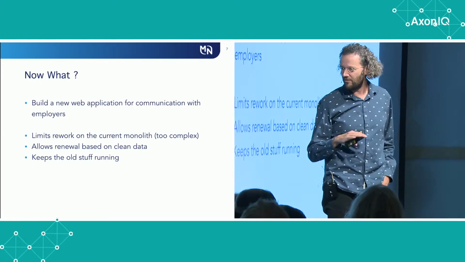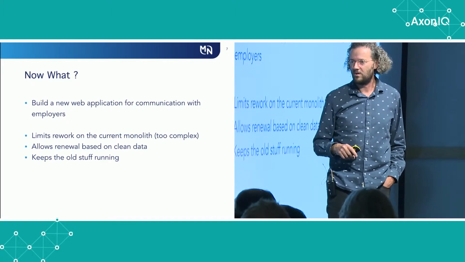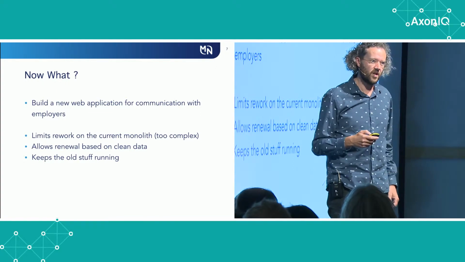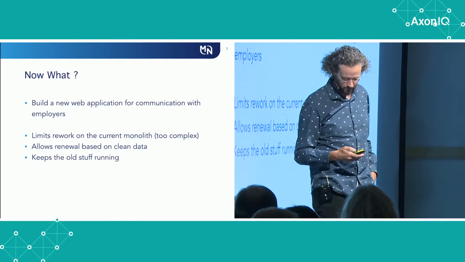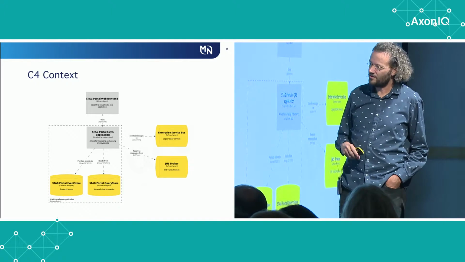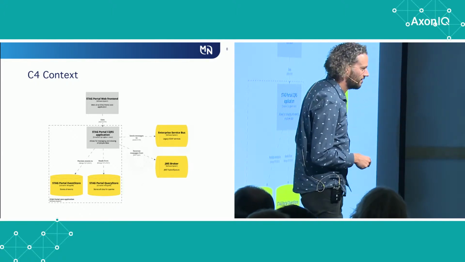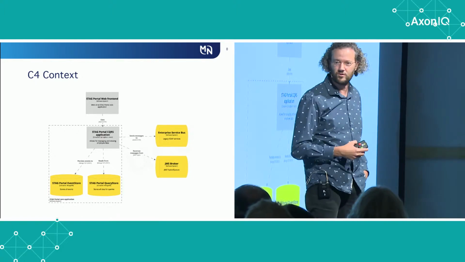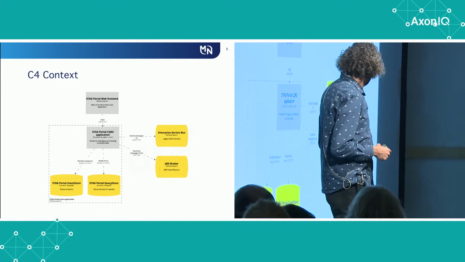But in the meantime, everything just needs to keep running, so we decided to make it in such a way that we had a separate Axon application, and next to it we had this other monolith. We used some diagramming to show what we did, and as you see, it's quite simple. It's nothing special. It's a web application with a separate front end and API, and we use Swagger for that, just normal Swagger stuff.